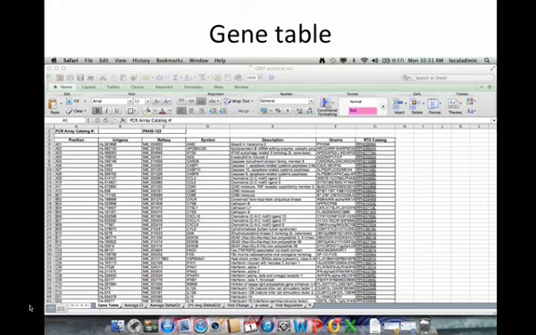And it gives you the position. That's just where it was in the 96 well plate. You don't need to pay any attention to that. It doesn't make a difference. These are accession numbers from Unigene and RefSeq. The RefSeq numbers from NCBI. And then this is the actual name of the gene. Very useful, right? Description of the gene.